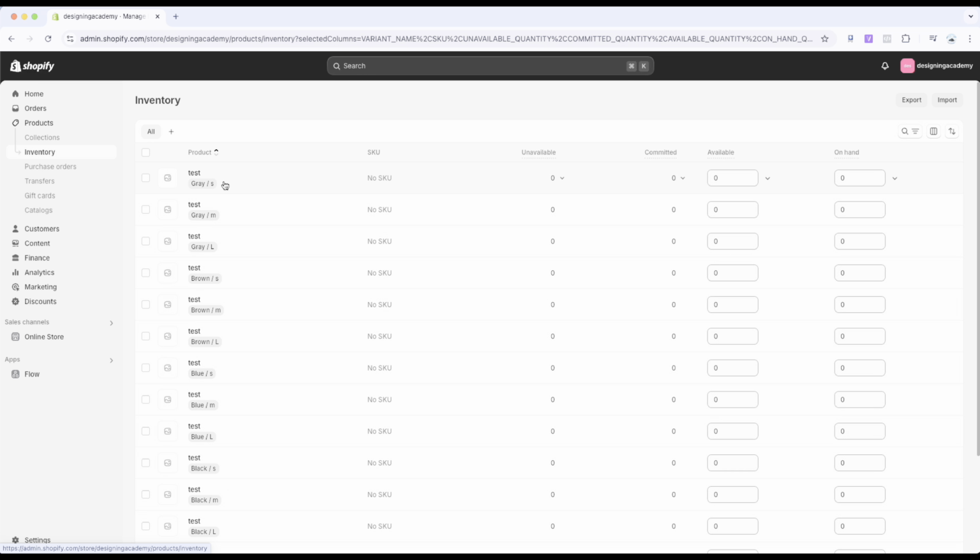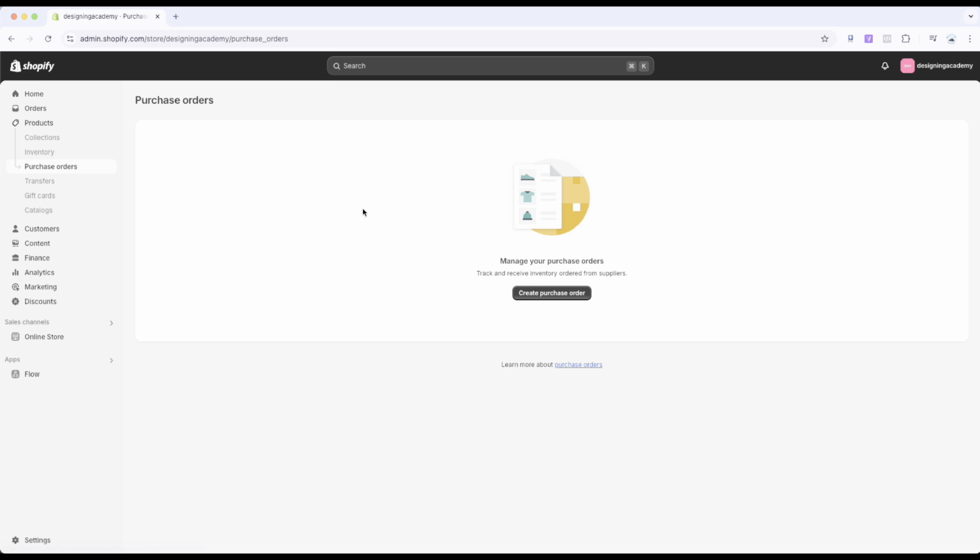When you have a lot of products, you have all the products with the variants. Each variant you can see as a product. You can use this only when you have a lot of products. And this is the purchase orders, which means that they are the orders that you received from your online website